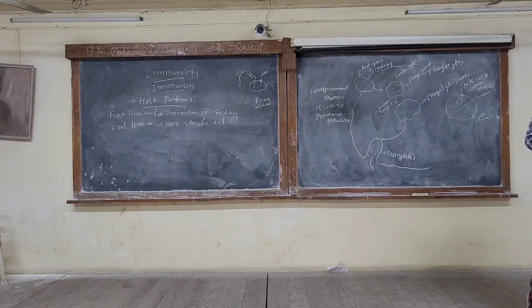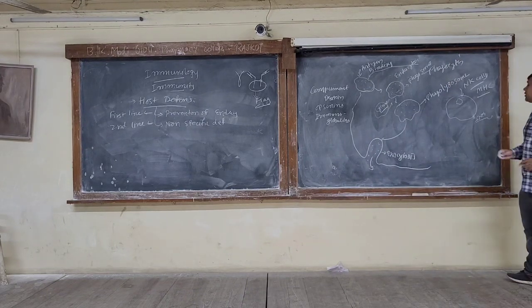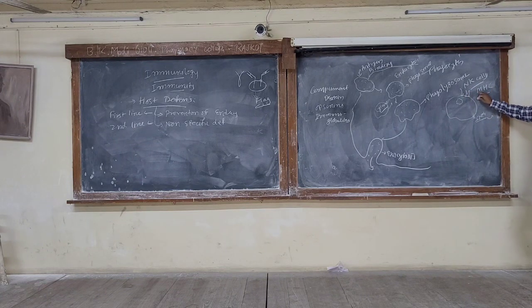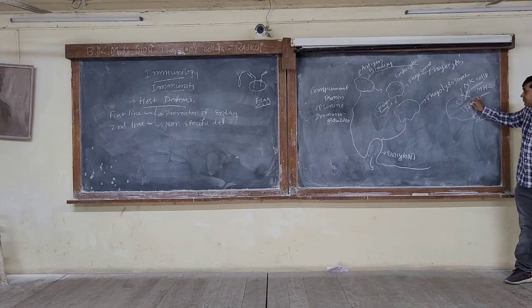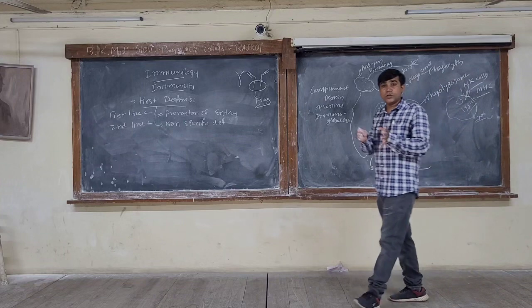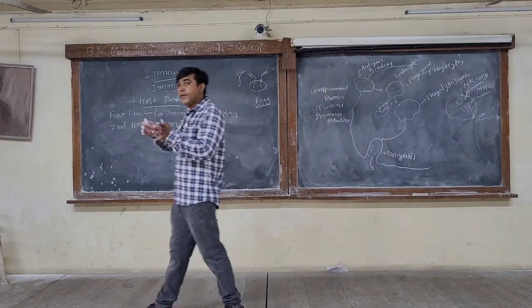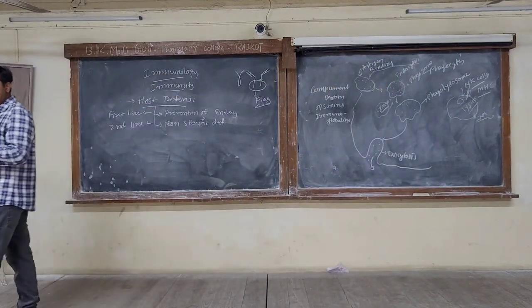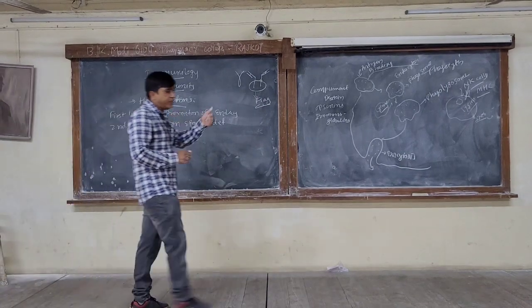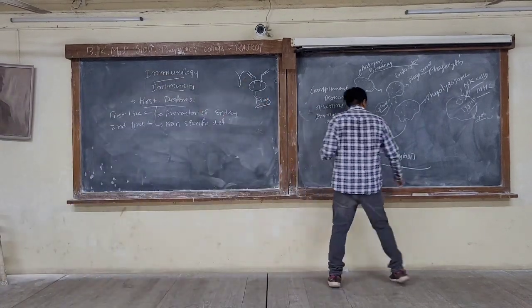MHC2 are particularly helpful in viral infection. They will raise a flare-like structure on the surface, so the natural killer cells can easily identify those cells, and they inject the lysins, that is, the proteins which can kill that cell. So the body will destroy the virus infected cell totally. Along with the virus infected cell, the virus is also destroyed. So that is the mechanism of killing the virus infected cells. Any question in this, anyone?